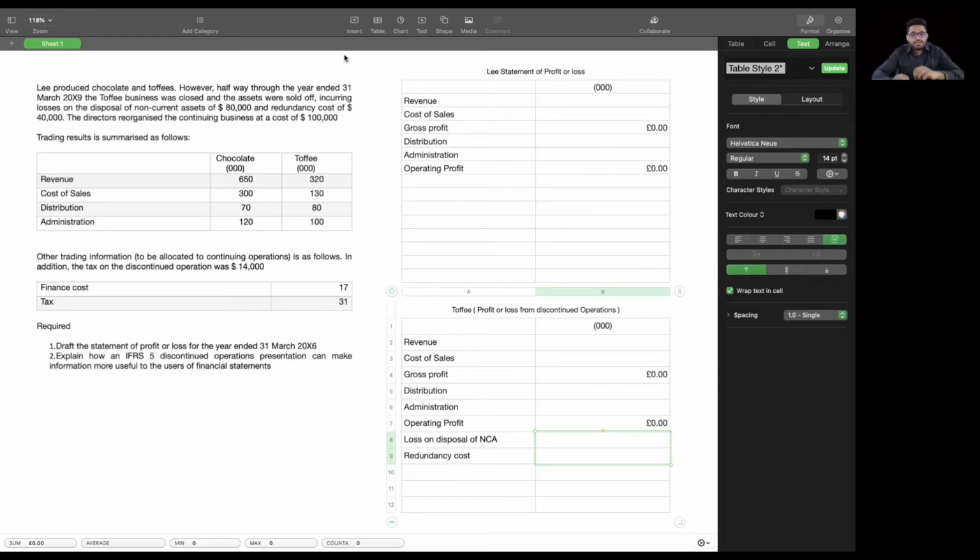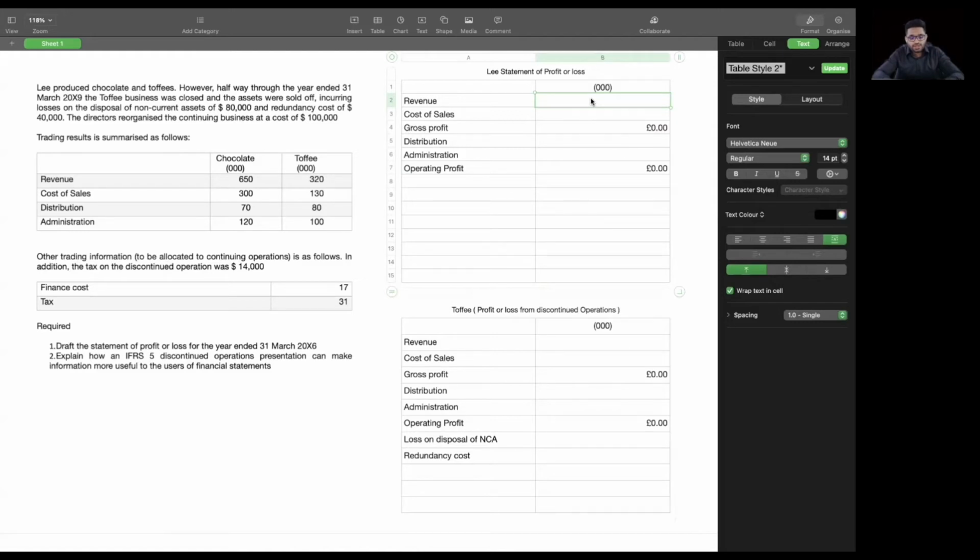Explain how an IFRS 5 discontinued operation presentation can make information more useful to the users of financial statements. When you prepare the statement of profit or loss, the figures from the continuing operation are shown on the face of the statement, whereas the figures from the discontinued operation will show only one figure, which is the profit or loss from the discontinued operation. So on the face here, I'll be taking the figures of Chocolate, which is the continuing